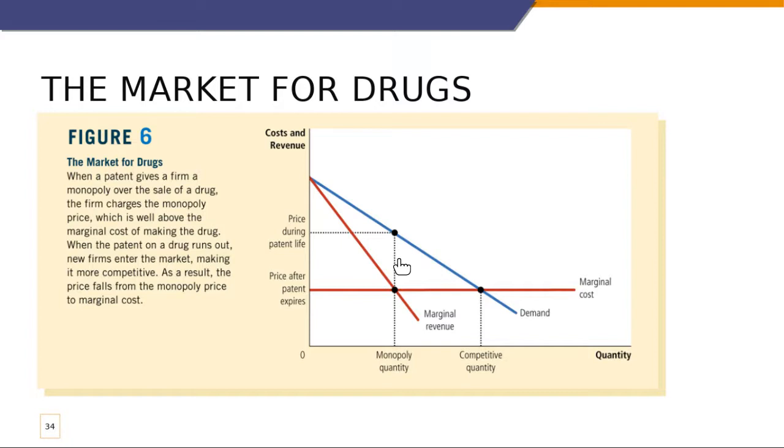Something came up here. But in the 10 years they have, they act as a monopolist. So basically, their demand curve, the market demand for that drug, determines where they intersect with the marginal revenue and marginal cost, and ultimately, they can price initially during the patent's lifespan the way a monopolist would. However, after that patent expires, the intellectual property is available for other firms to enter and compete.